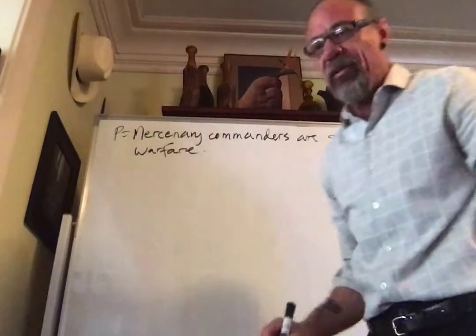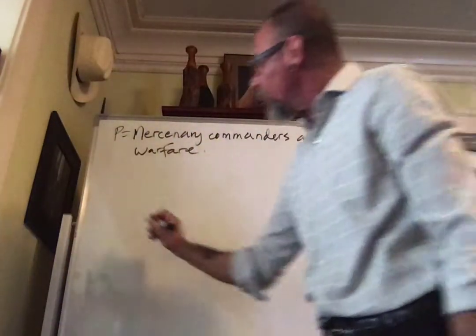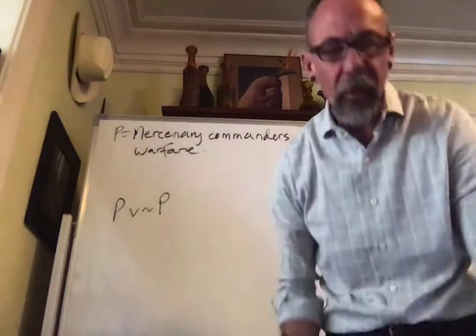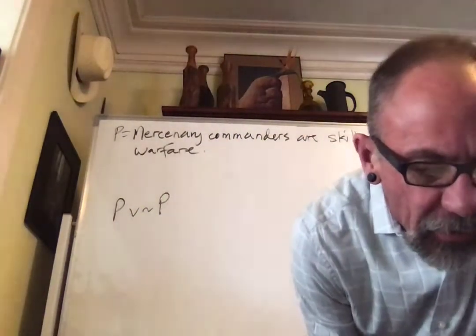And the premise tells us that either they are or they are not, so that's going to be P wedge negation sign P. Moving on to the next premise, it says if they are, so if P,